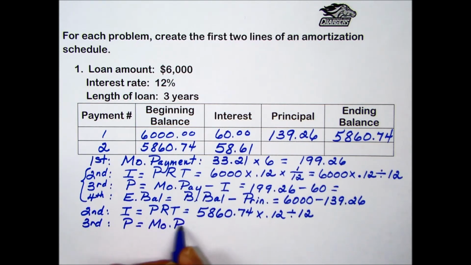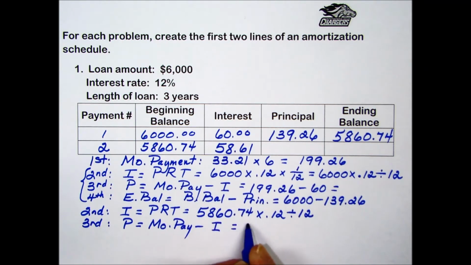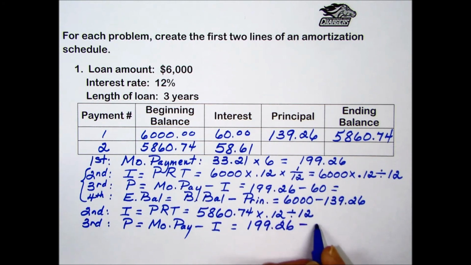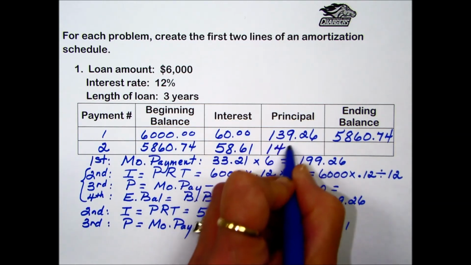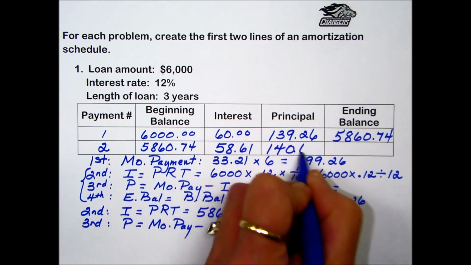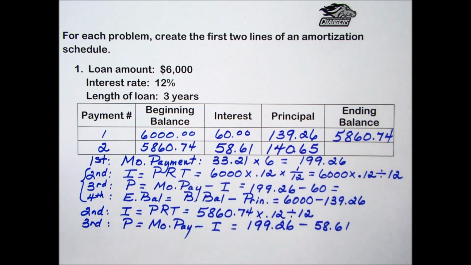Next, we'll calculate the portion of the payment that goes towards the principal. We'll return to the payment amount less the interest we just calculated. So we'll take our $199.26 monthly payment minus the interest just found, $58.61, giving us $140.65. And the last step to fill in the final cell, our